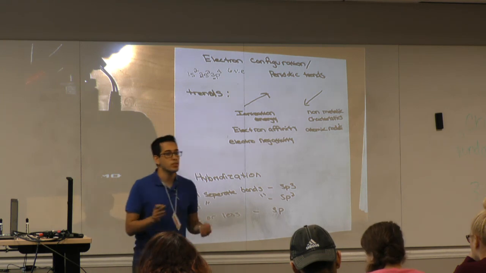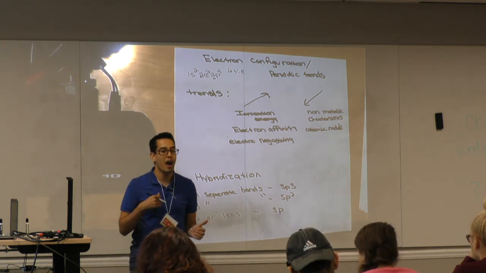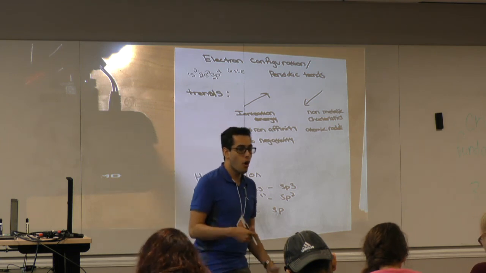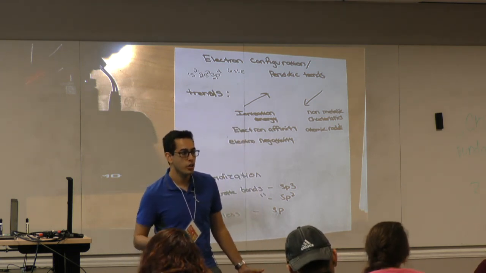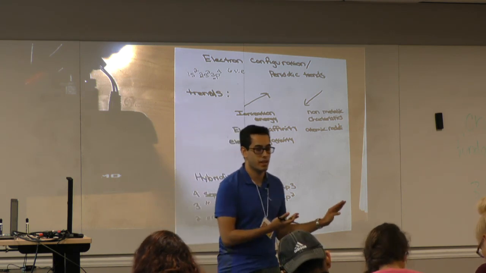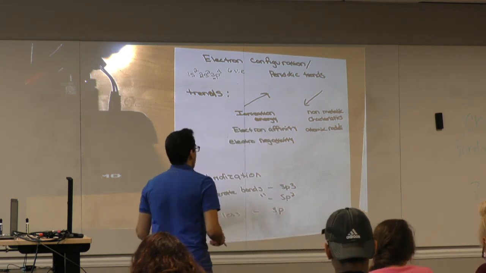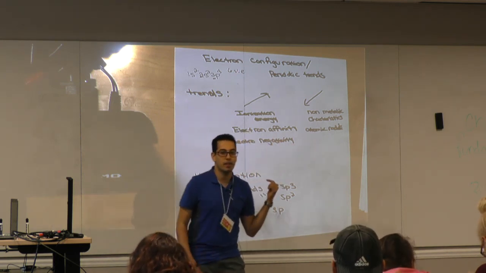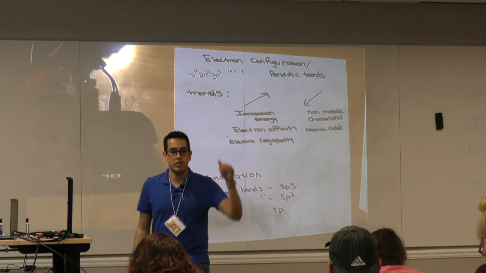Electron affinity goes in the same direction because it's a measure of how easy it is to add an electron. So if it's really hard to pull off an electron, you're going to assume it's really easy to push on an electron, and that's why they're in the same direction. Then atomic radii goes in the opposite direction of electron affinity and ionization energy, because the further down you go